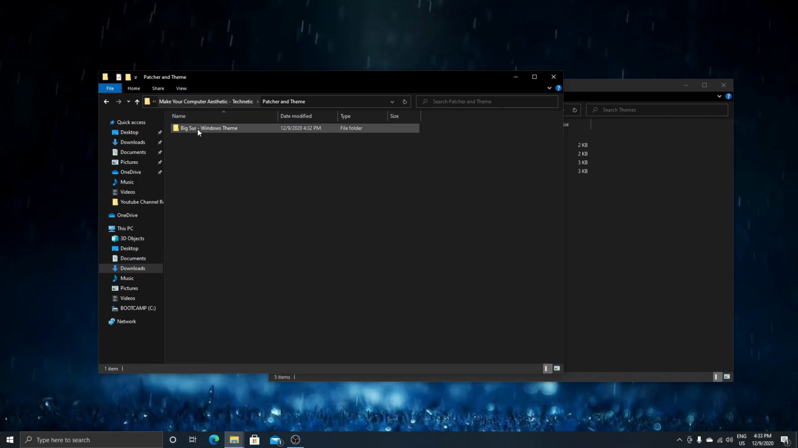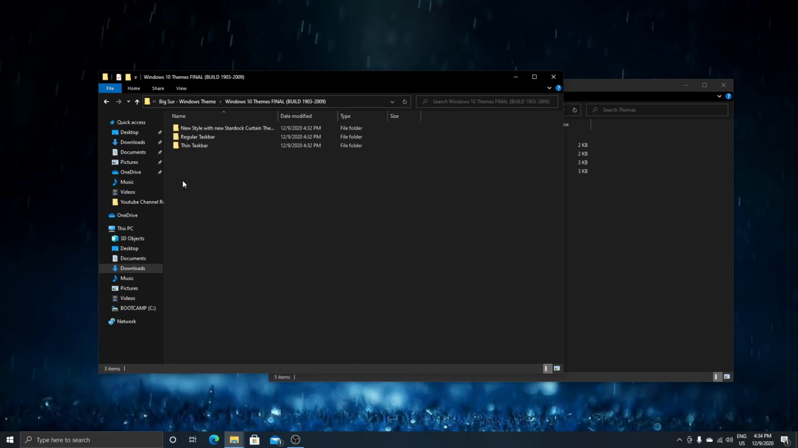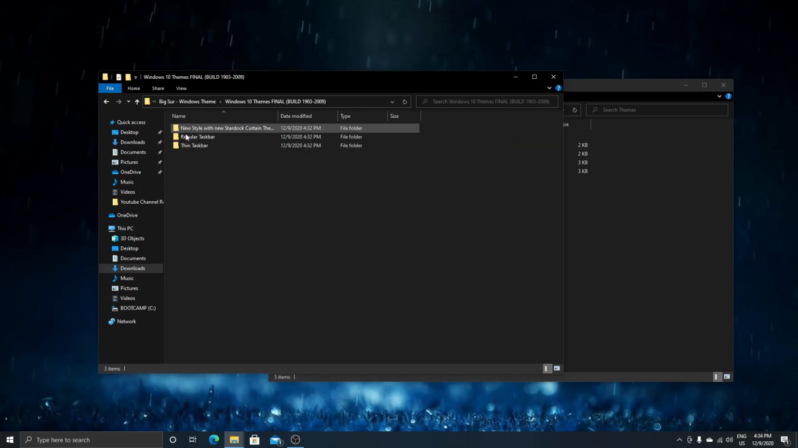Moving on. So, you just want to click onto this Big Sur Windows theme icon patch. Then, go to Windows 10 themes. As you can see, everything that's in here was not able to be ported over. So from here, just click on thin taskbar, and you see we have this Big Sur 2 thingamajig, this whole library. So just select all of them,